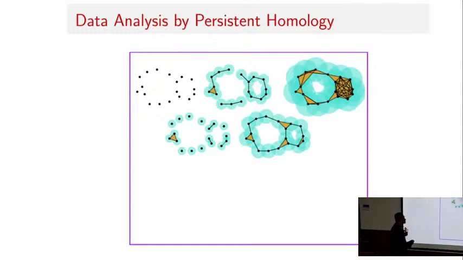Initially this is a simplicial complex which is nothing but a set of vertices. But here already edges and triangles started appearing, because whenever two balls intersect I put an edge, three balls intersect I put a triangle, and it goes like that. You can see from here to here what is happening: more and more simplices are appearing, exactly reflecting the fact that the space is growing. So the simplicial complex is also growing. And this is called a filtration.